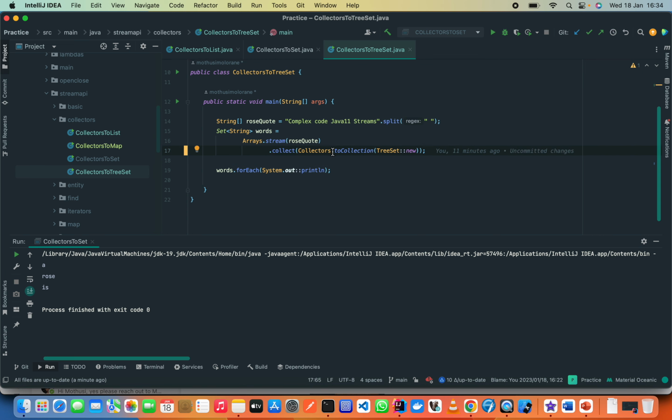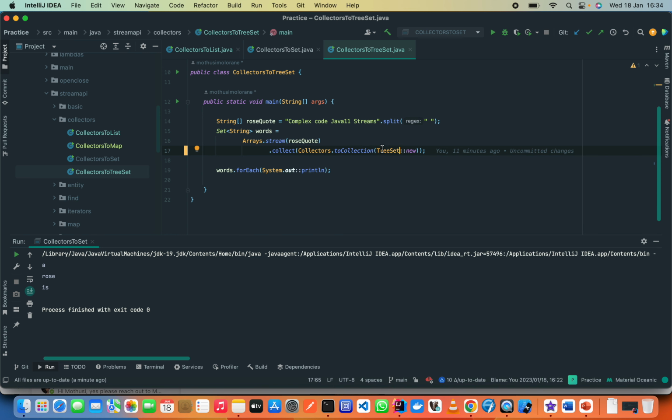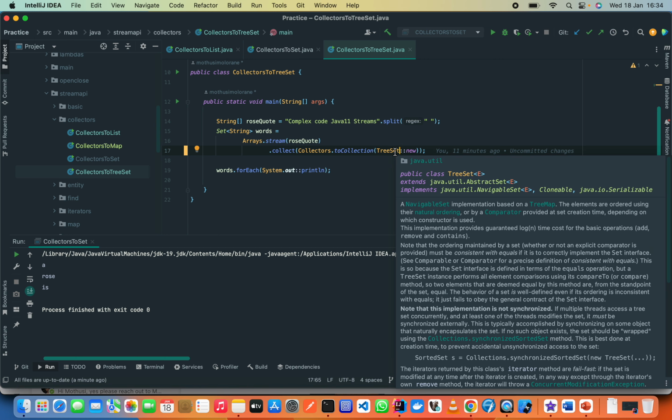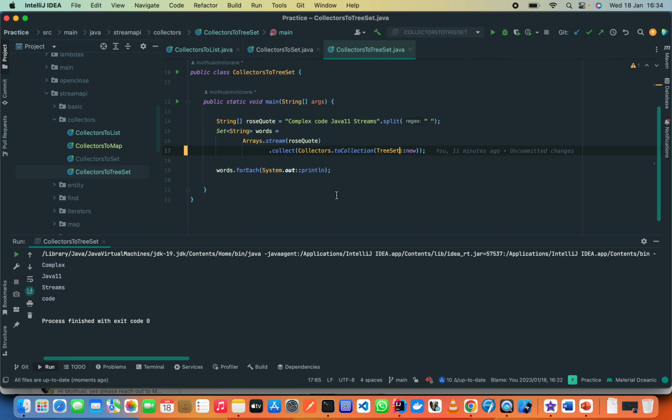See what we are doing here. We are saying Collectors.toCollection. So this toCollection, you can pass it any type of collection you want. For instance, here we are passing a TreeSet. So if we run this code, as you can see, we get them in the order